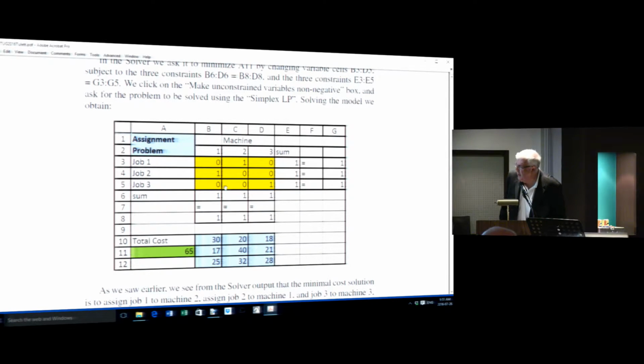So there's the solution. The optimal cost is 65, and the optimal solution is given up here. 1 goes to 2, 2 goes to 1, 3 goes to 3. Now, what I want to talk about as far as the tech was concerned, especially for the one before,